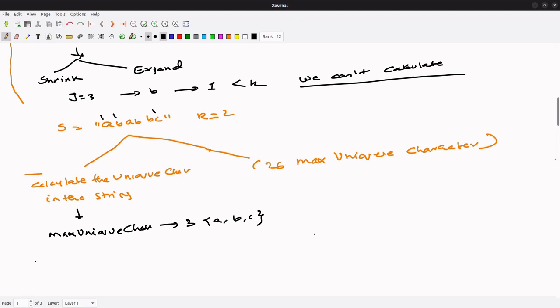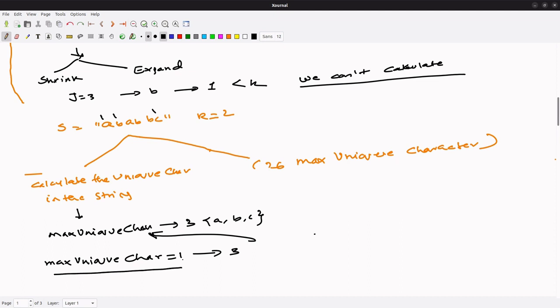So here we will start from max unique char is equal to 1 till the size of what, this one. Okay, so right now the size is 3, so we can consider 3. Okay, so here we can remove this, so size 3, right? So if max unique char is 1, if initially we are considering this, so in this case in